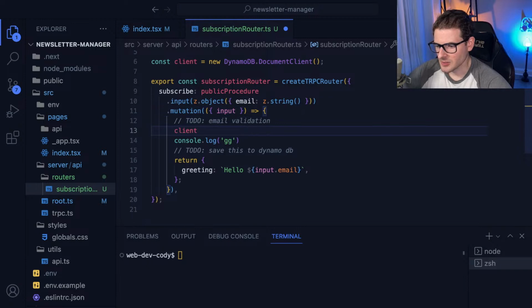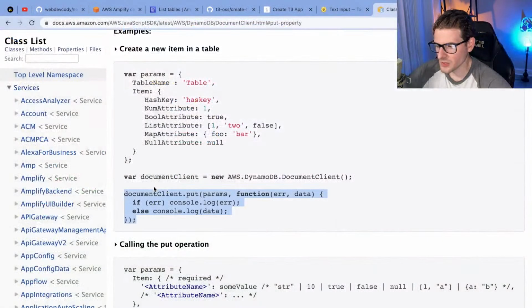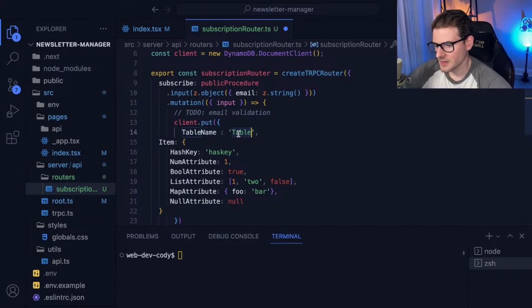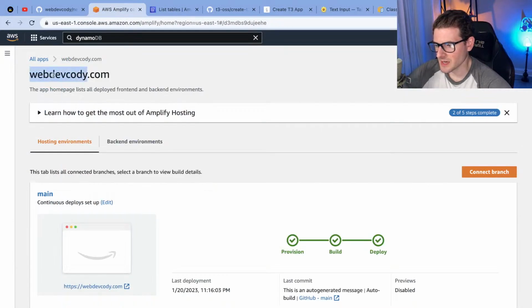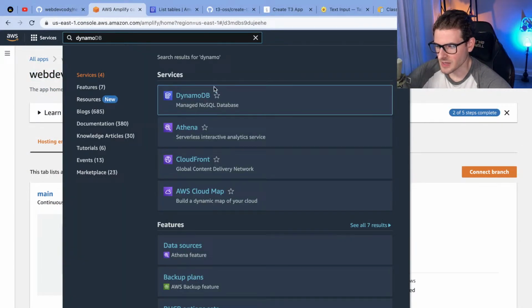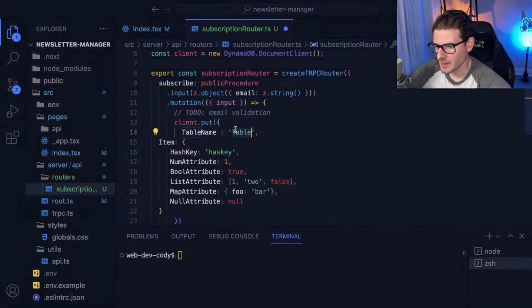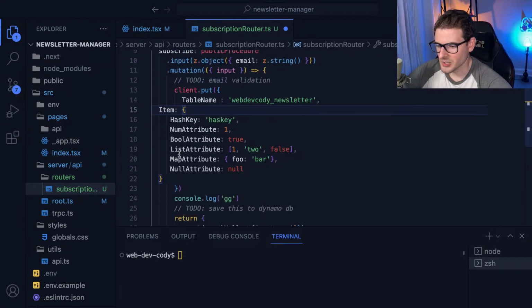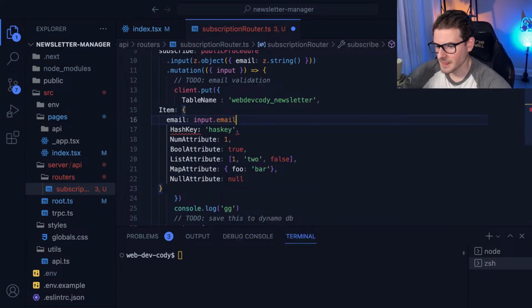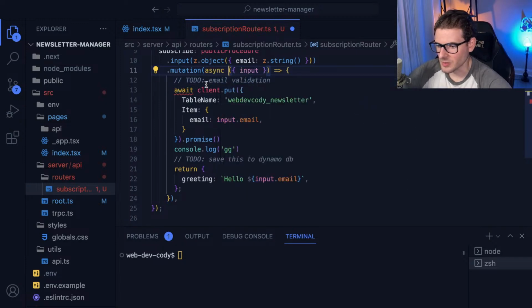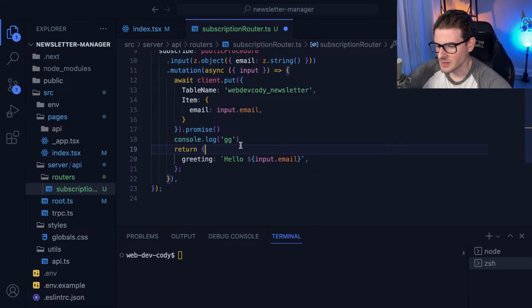But let's go ahead and get, so I'll say client.put, and you need to pass it some things here. So let's pass some data. The table needs to match the table name that you decide to pick in Amazon. So in our case, it's probably going to be this one. Let's copy this name, put it here. And then for item, you can put whatever you want. In our case, we're going to put email, and that's going to be input.email. The rest we can just delete. Now you could also say .promise, and that'll give you back a promise if you want to do async await, which I do. So I'm going to do that. And at this point, we should be good.